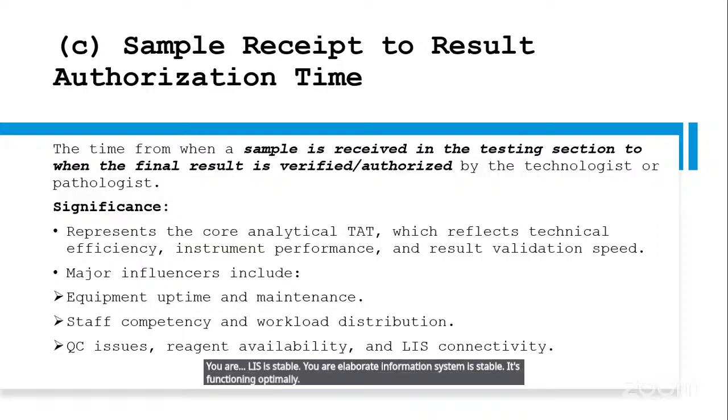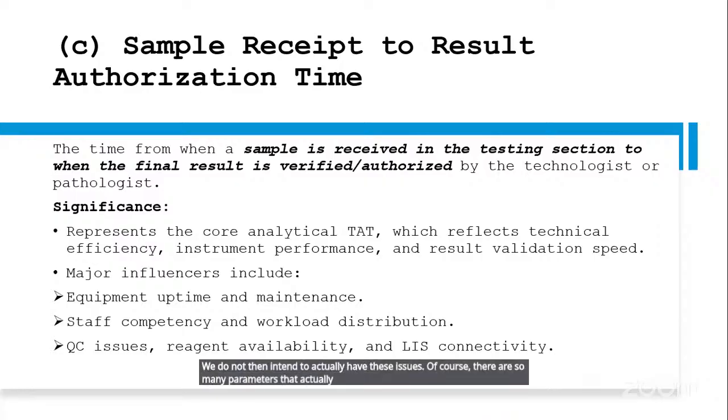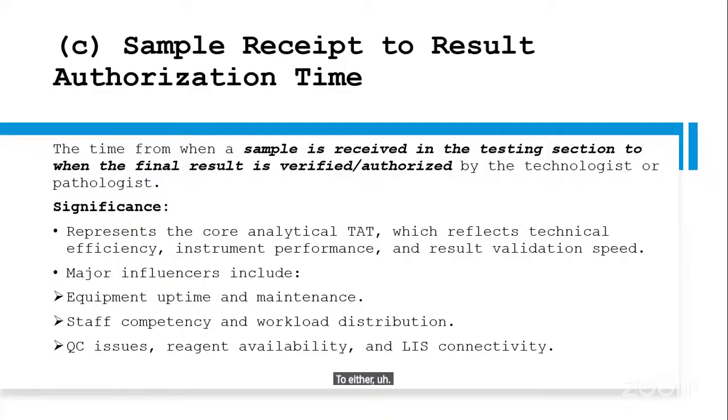Then we do not intend to have these issues. Of course, there are so many parameters that contribute to either achieved or unachieved analytical turnaround time; what I've just mentioned are a few components that you can build on to help understand this aspect better. And it's the core business of our existence,